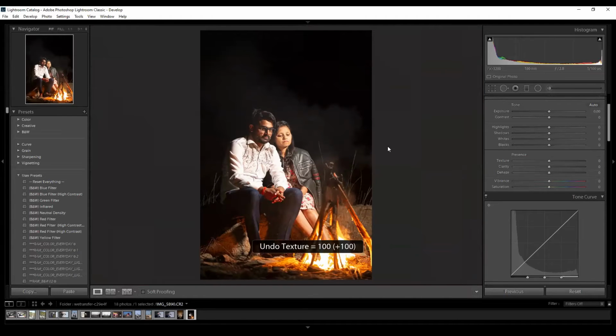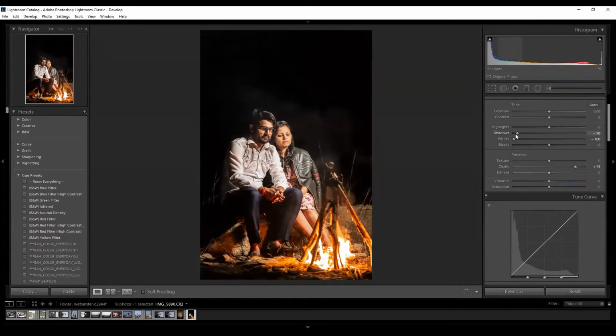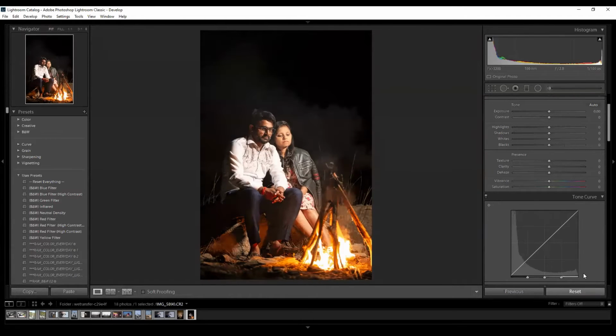So basically, when we try to enhance the image, if you want to enhance the blacks and whites very effectively, you go for clarity. It will very predominantly increase the blacks and whites of your image. It will give you a very HDR kind of image, then you can easily neutralize it with the shadows and little highlights. But if you want to enhance the texture of the image, always go for the texture part because it will enhance according to the hue, colors, as well as the luminosity of the image.